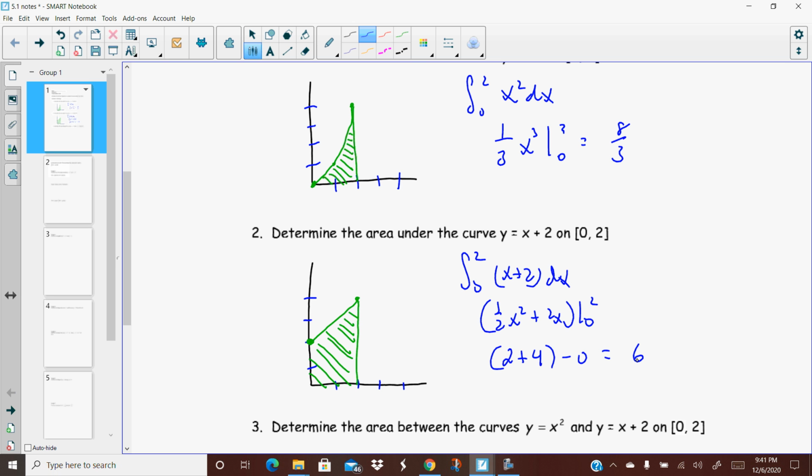So what if I wanted to find the area in between those two curves? Well, I kind of drew the graph the way I drew it on purpose, so you can see that the area of that trapezoidal region is really going to be a greater area than the other one. So if I wanted to find the area between the two curves,